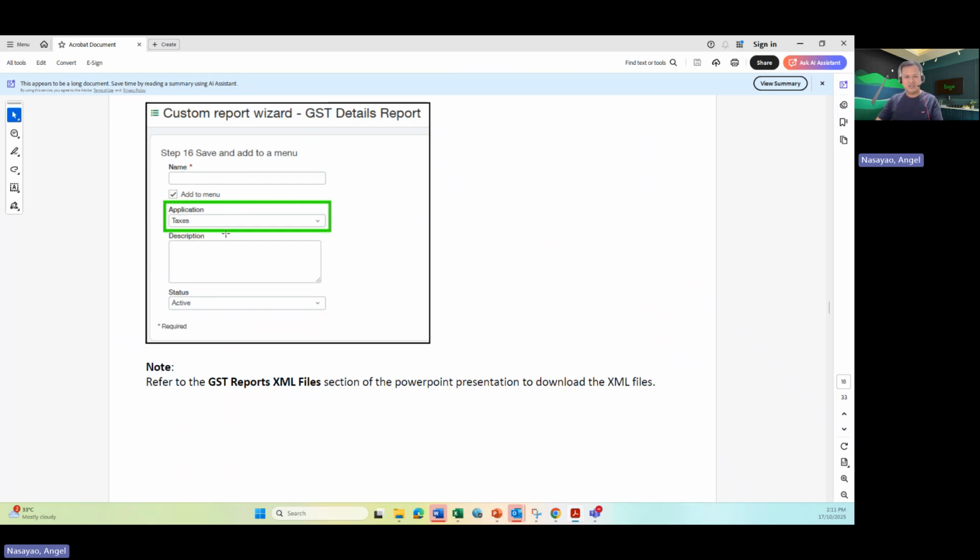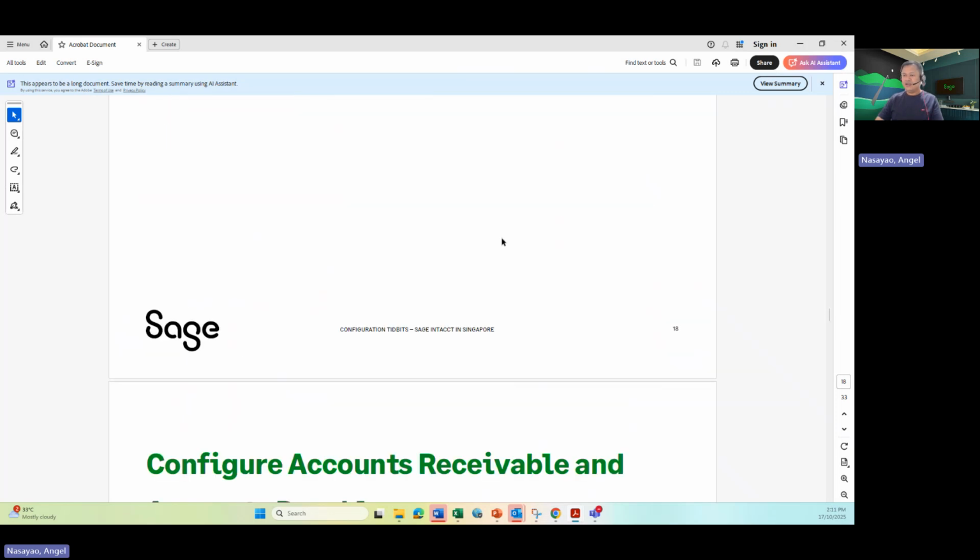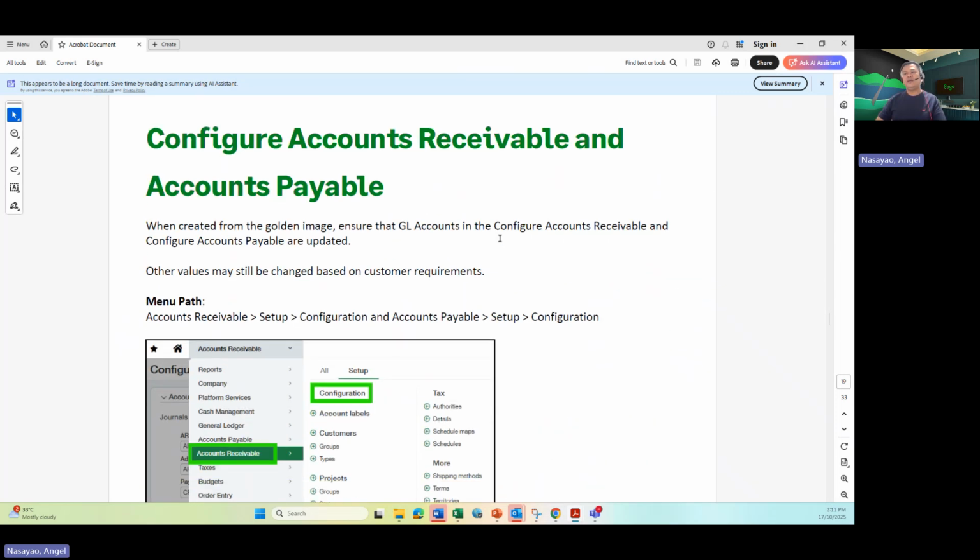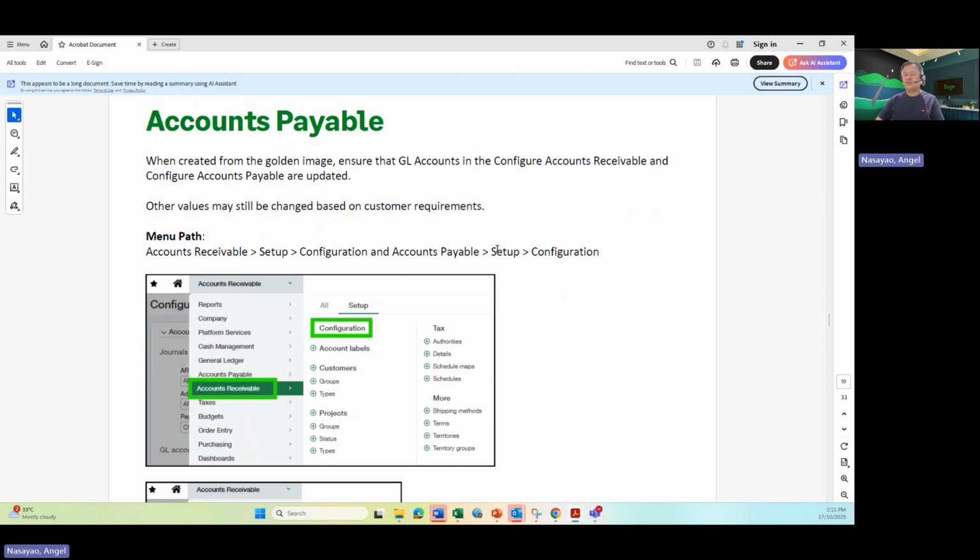But if you're happy with General Ledger or just looking at the custom report listing, that should be okay. Not a problem at all. All right, so moving on with the configuration of accounts payable and accounts receivable. So just make sure that